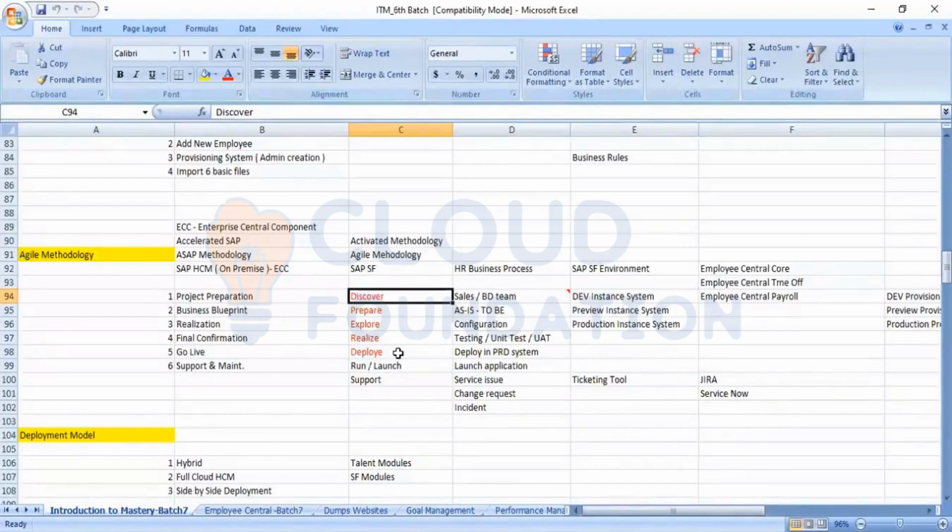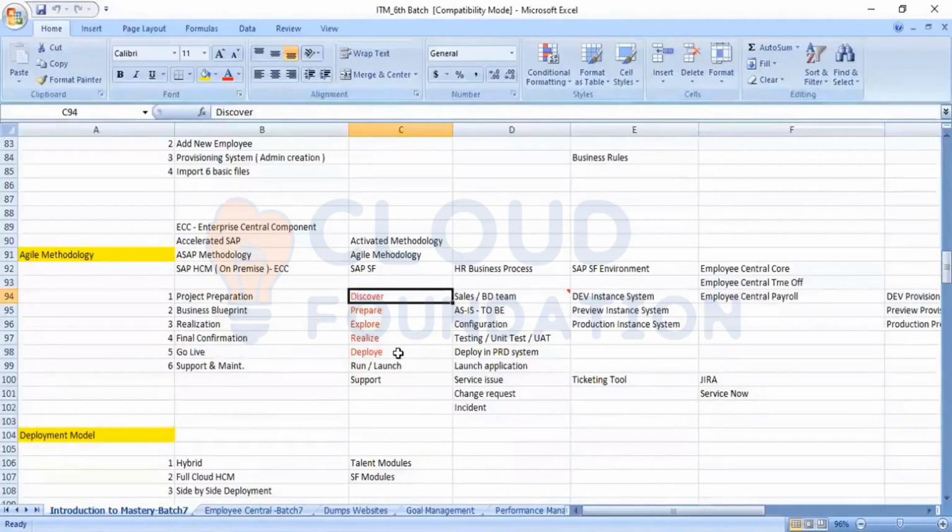Once they have clarity that this is the team, this is the resource required, this is the timeline for the implementation, then what will happen there? In the discover phase, the partner company sales team will coordinate with the RMG team for getting the key users onboarded. The key users are at a level that is called a transition manager or a service delivery manager.